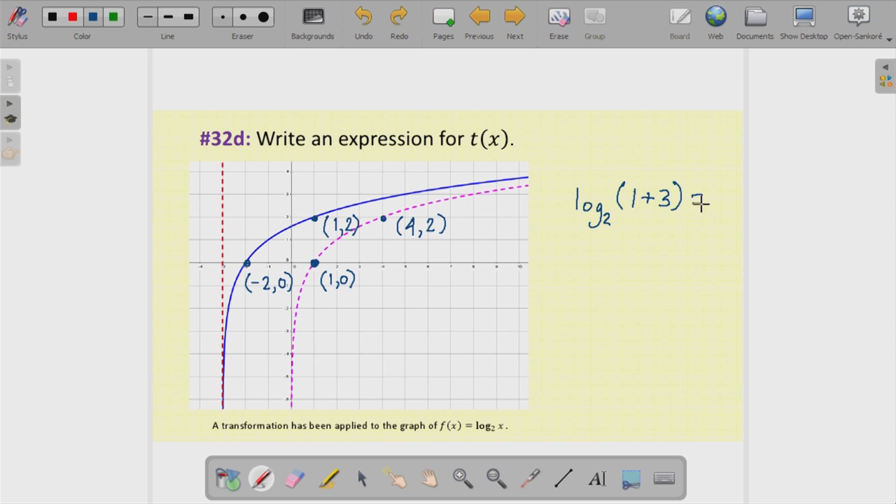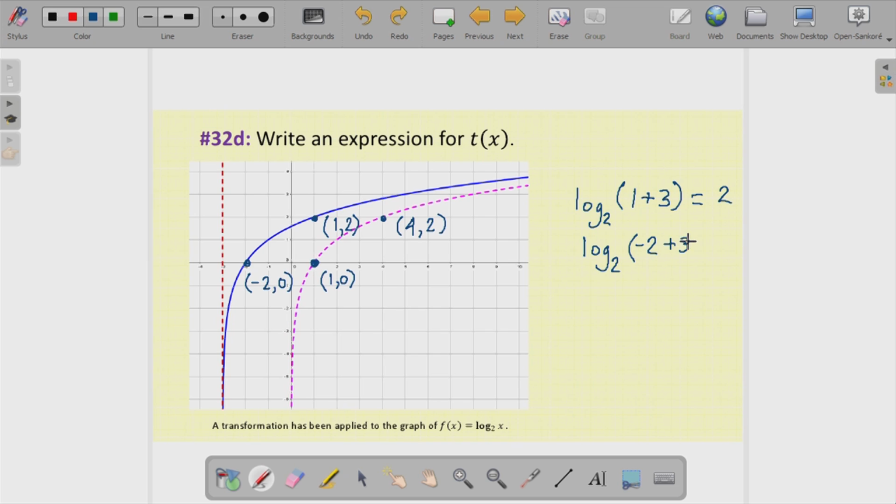And we see that if we check our intuition there, that 1 acts like 4, that if we add 3 here, then the log base 2 of 4 is in fact 2. So that kind of confirms what we're saying. And then also, what about the log base 2 of negative 2